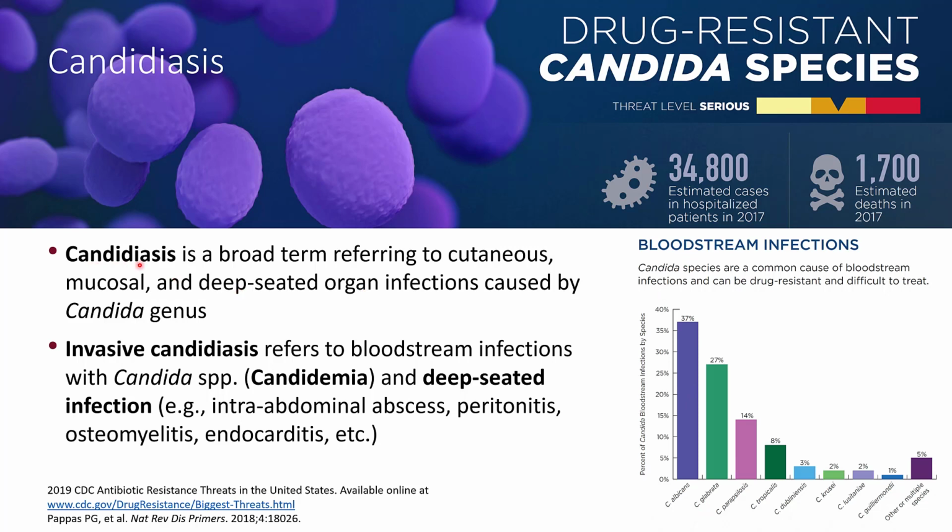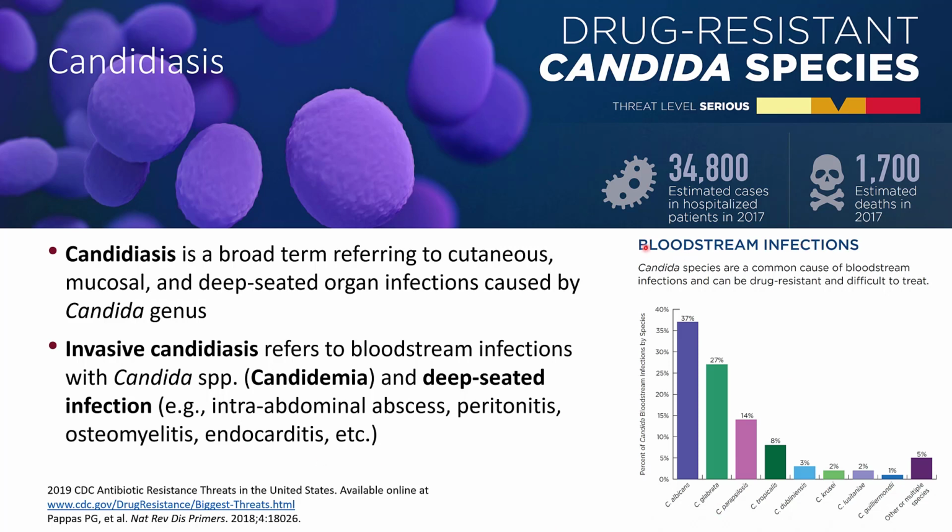In fact, candidiasis is an umbrella term referring to cutaneous, mucosal, and deep-seated organ infections. Invasive candidiasis specifically refers to not only bloodstream infection, but also deep-seated infection. So bloodstream infection would be called candidemia, and deep-seated infections include things like intra-abdominal abscess due to fungal species, osteomyelitis,